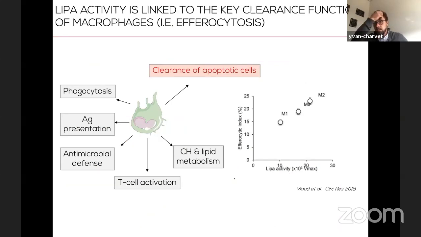And so we decided to try to understand what could be regulating LIPA activity. And we tried different settings with macrophages by loading the cells with different bacteria, lipids, oxidized phospholipids. And what we found basically in this study is that LIPA activity is best regulated when the efferocytic index changes. So basically, the more you have efferocytosis, the more you have LIPA activity. And Connor discussed a little bit about that in this presentation.